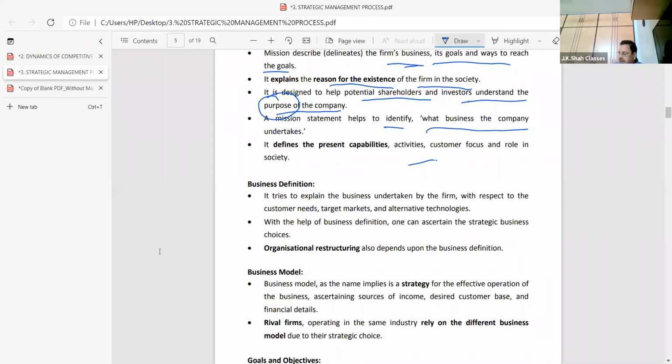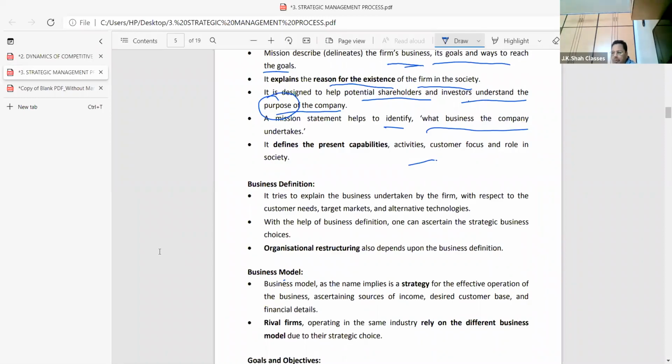So what kind of customer am I catering to? What are my products? What are the things to which I give importance? It defines my business, the business model. What strategies am I using? Jio says we'll sell the goods at a lesser price and attract more customers. Patanjali, same. A bigger customer base we want.